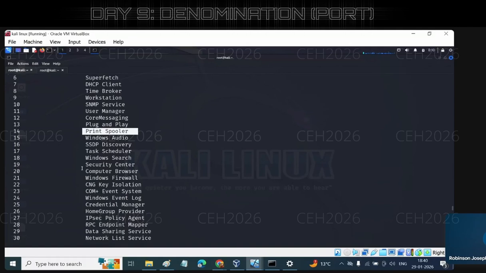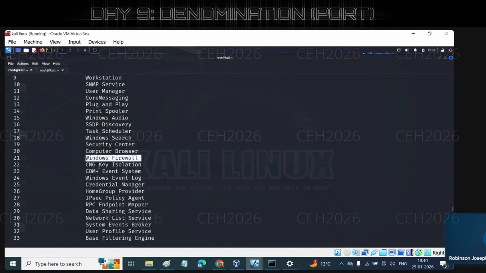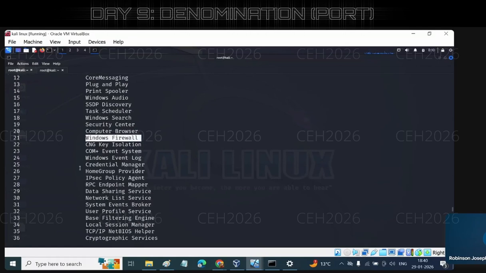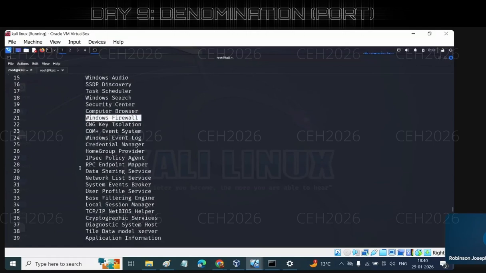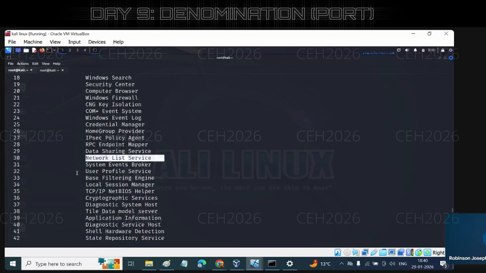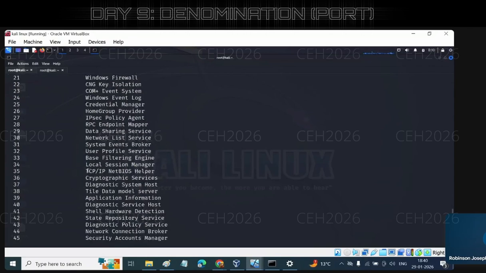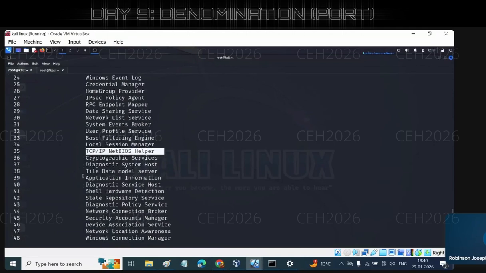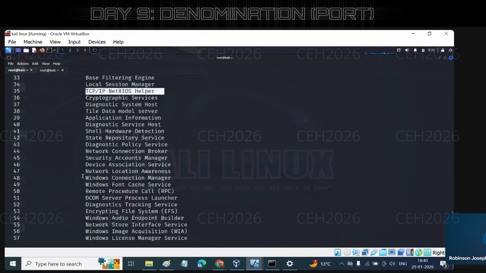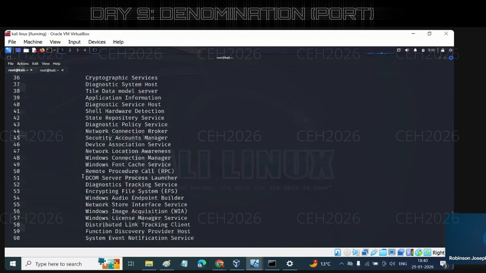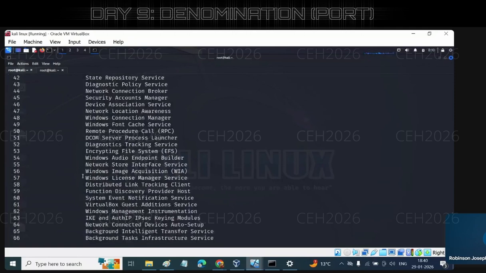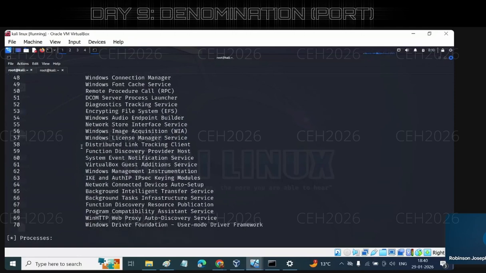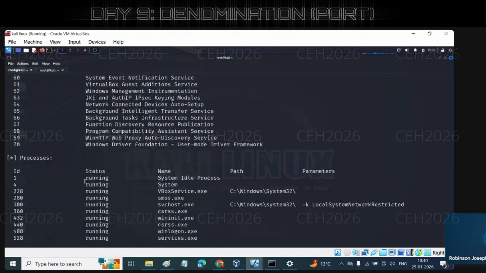Then task scheduler, Windows firewall is running, Windows event log is running, IPsec policy, data sharing services are running, network list services are running, NetBIOS helper over TCP/IP is running, cryptographic services are running, remote procedure call, encrypting file system. So it is showing each and every service which is running in my target machine. Fine. Then after that,